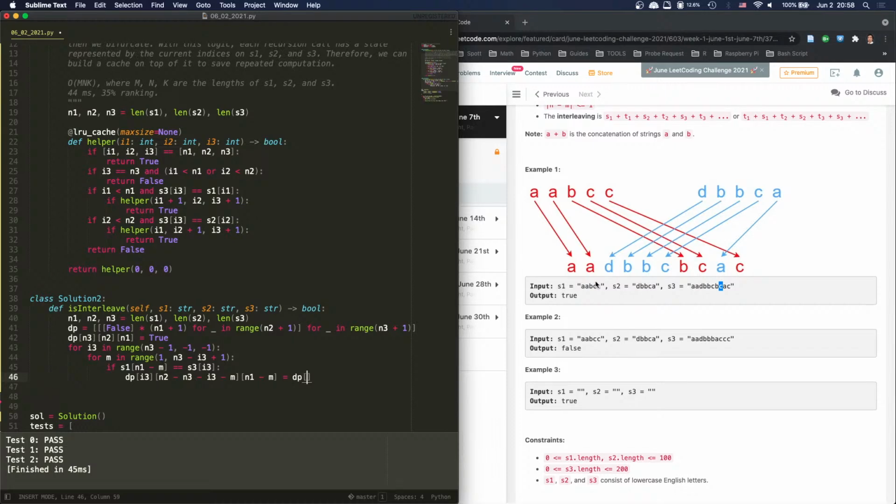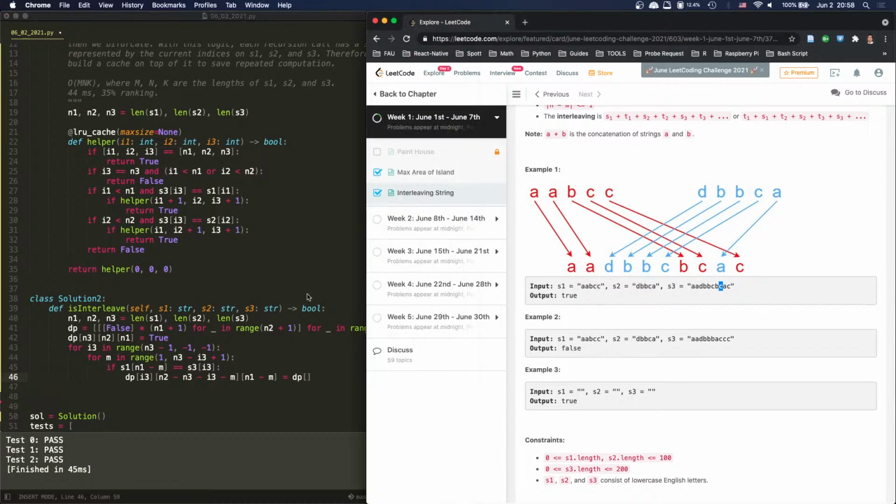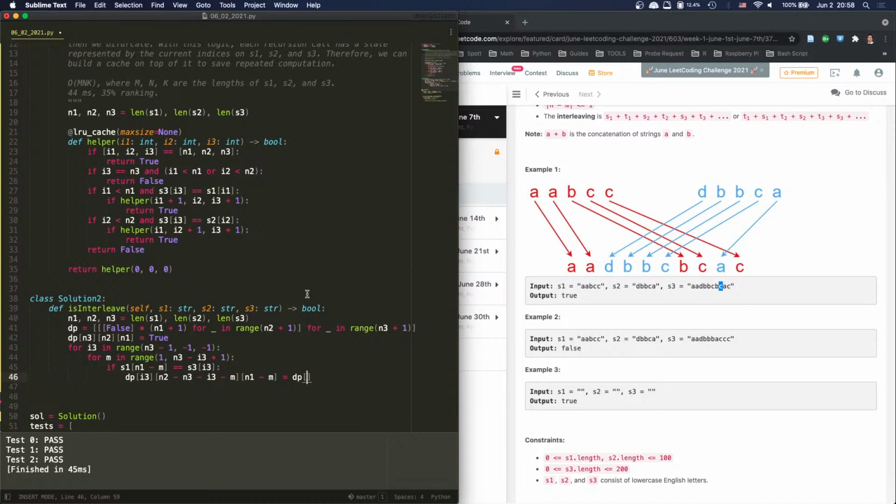So whether it matches or not will become the next one if we match, depending on whether the next one is going to match on S2 or match on S1. If next one we still match on